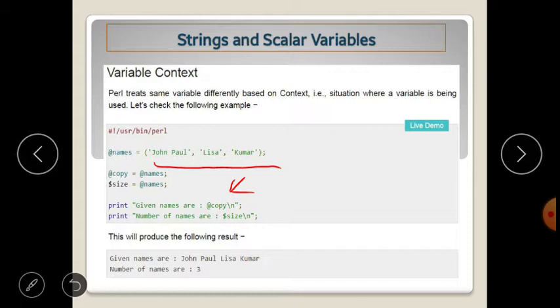The output of the first statement is: given names are John, Paul, Lisa and Kumar. The second statement will print: number of names are equal to 3, because size is a scalar variable which counts the number of elements in the array, in the array copy.